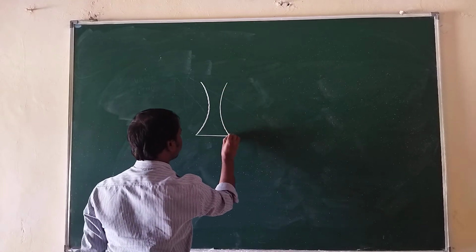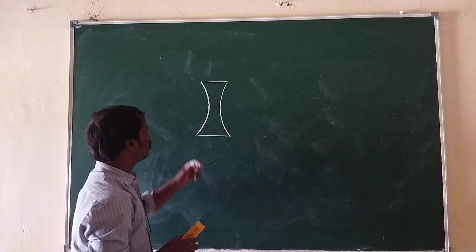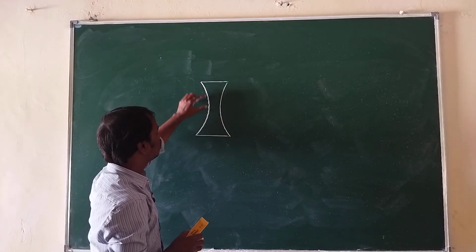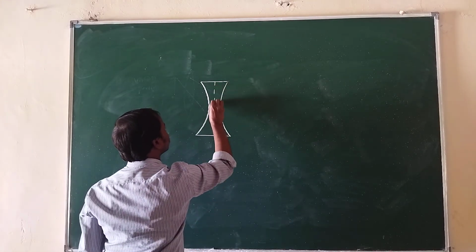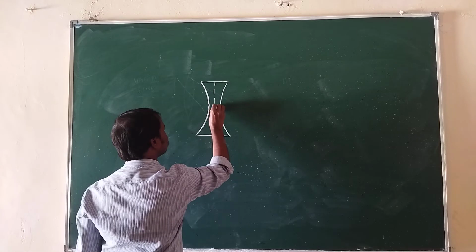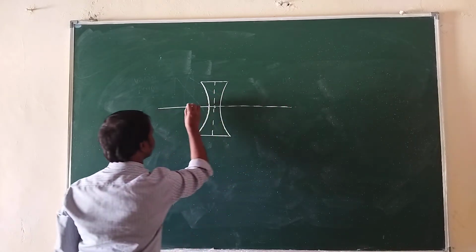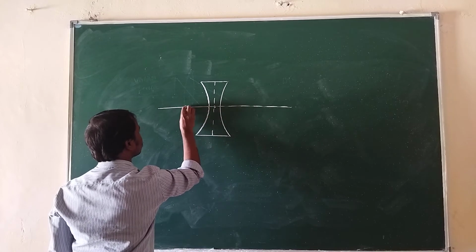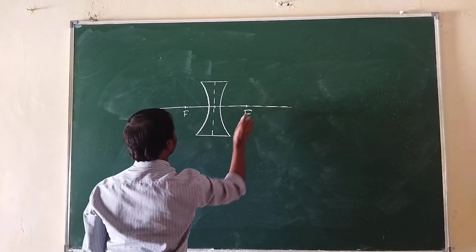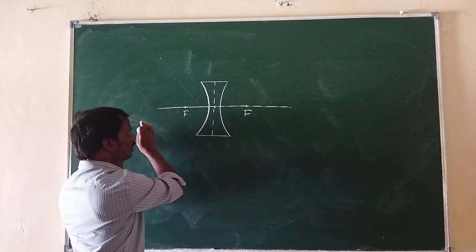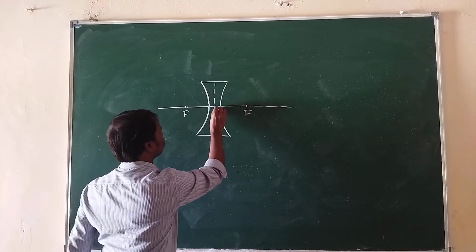It is which type of lens? It is concave lens. So what is concave lens? It is the lens which is thin at the middle, thicker at the edges. Now let us draw the ray diagram. Now it is optical center, principal axis. Now let us take it is focus, and this side also focus. Suppose object is anywhere between infinity and optical center.